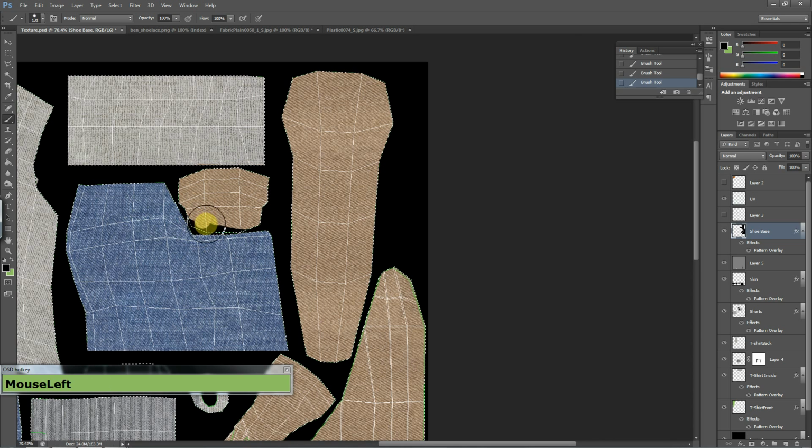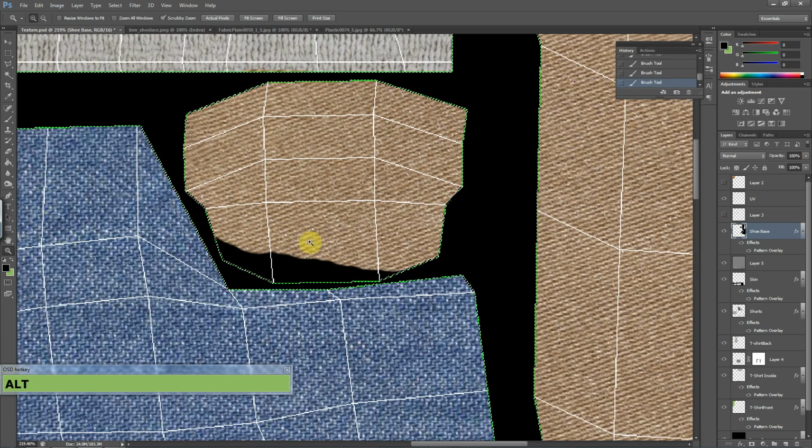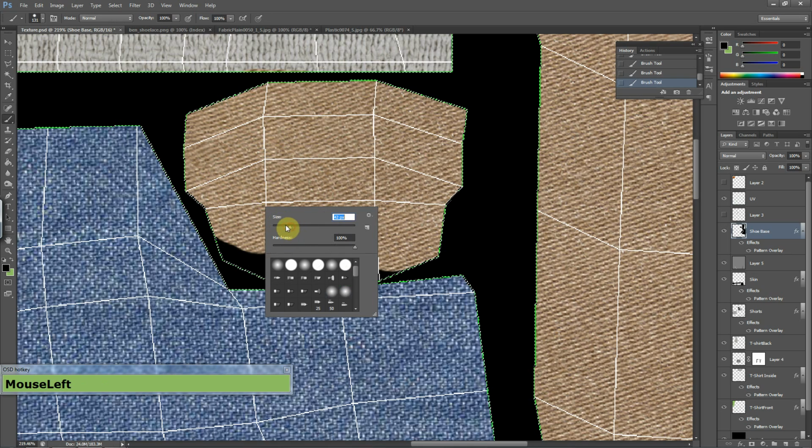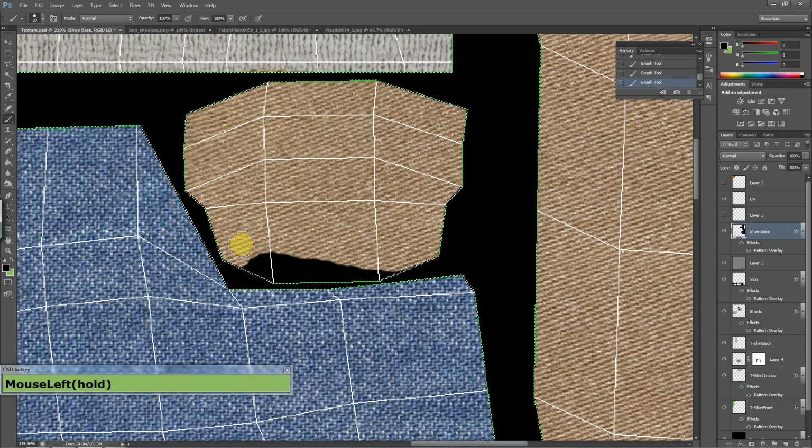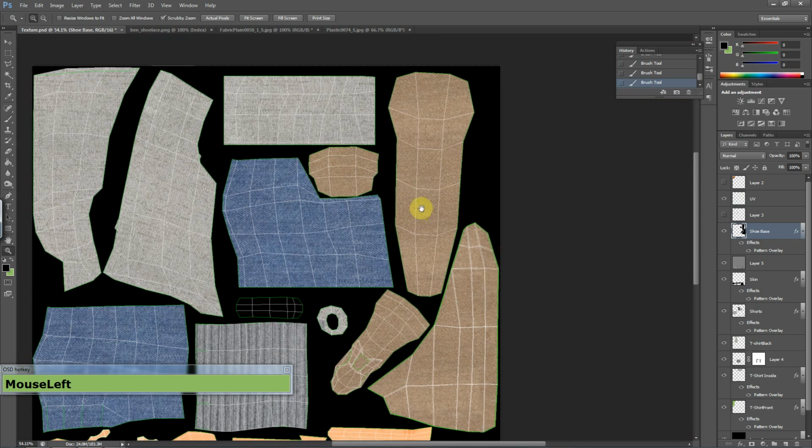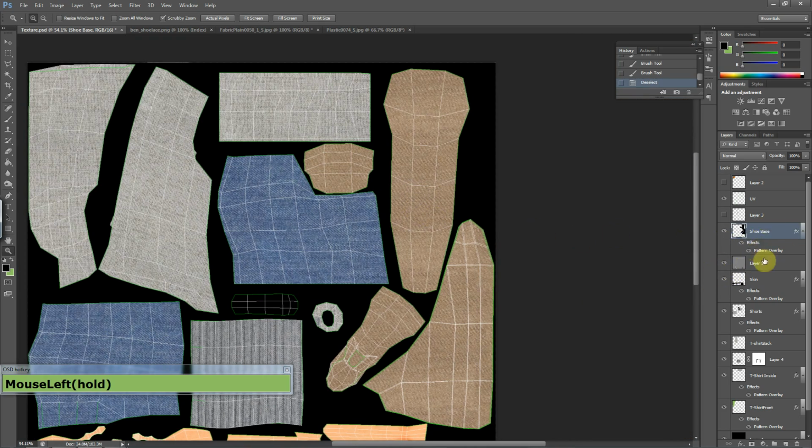Okay, you gotta be very careful. I keep doing it. Let me just zoom in and get my brush and just reduce the size so it's more difficult to make a mistake, considering I'm so good at it. That is good. That's decent enough for me. As I was saying, if you need to change the color of that, you could do. Considering this is the